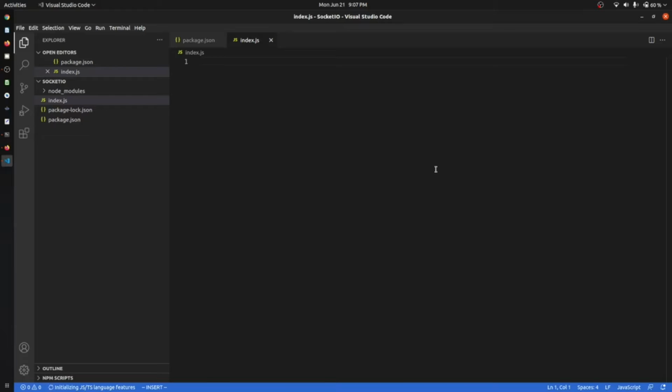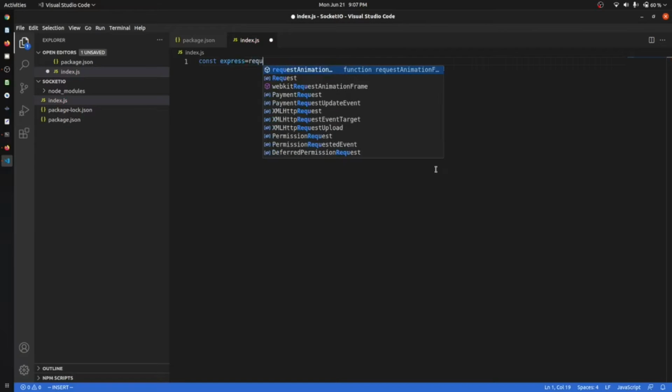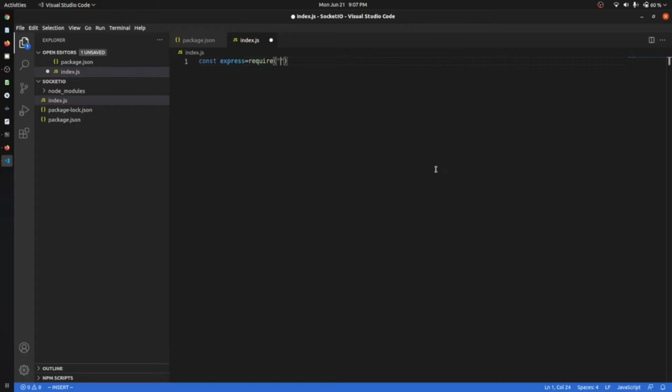First we will create the APIs. So const express is equal to require express, and after that we will just create const app is equal to express. Okay, we will also have to use http, so we will include that too.